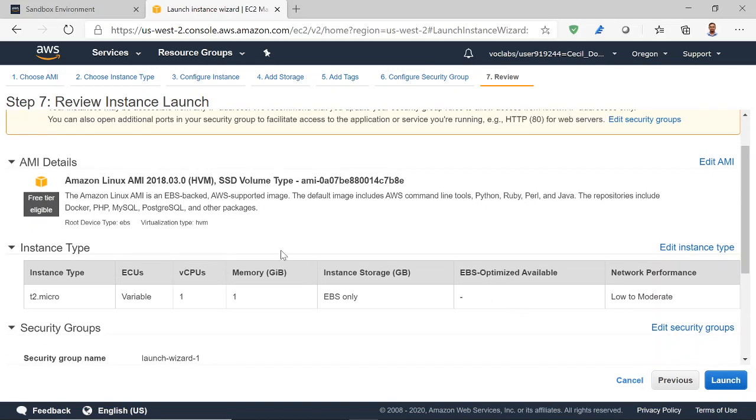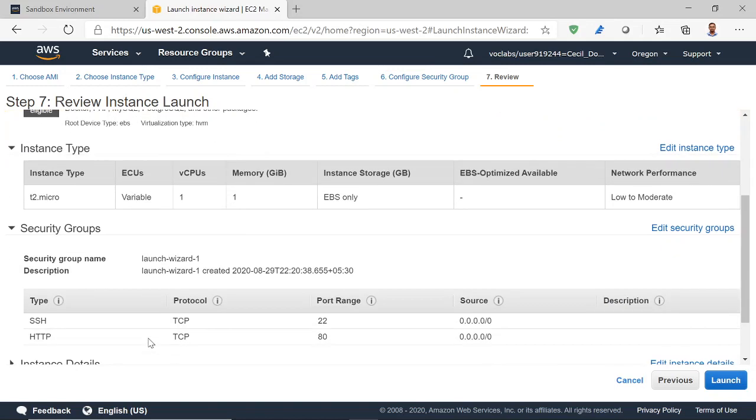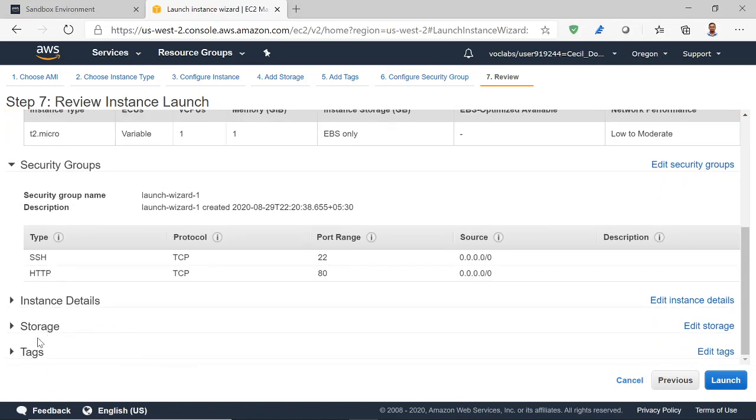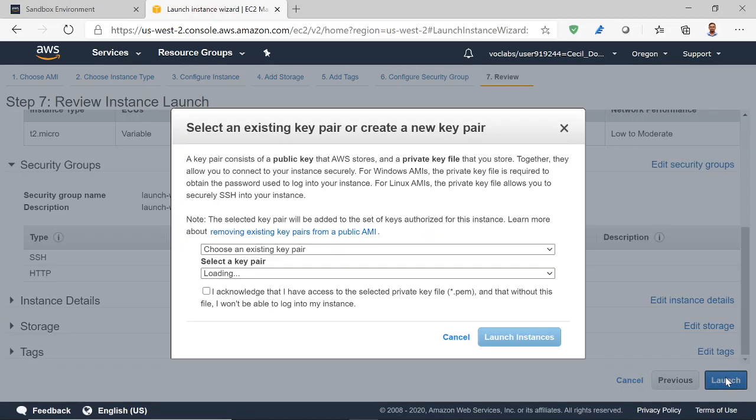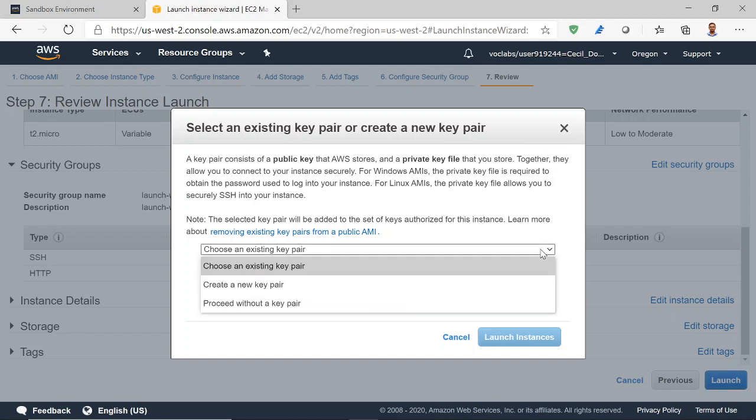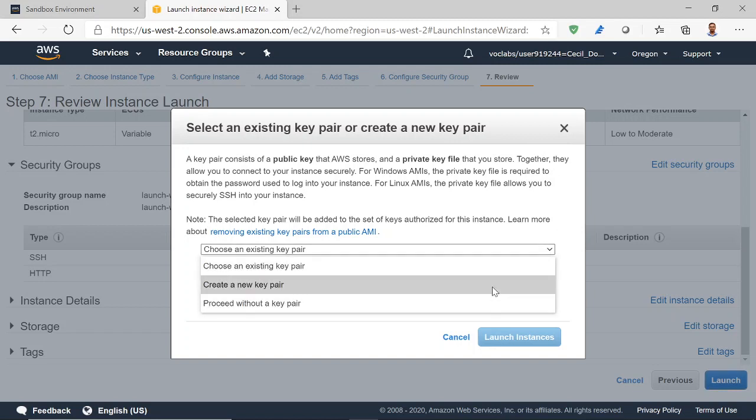Now you can see which Amazon machine image you have selected, the instance type, then security groups, then instance details, storage and tags. And once you are okay with the settings, you just click launch. Immediately a pop-up window will appear, and here you can see that you have to choose the key pair. I'm not going to choose an existing key pair.